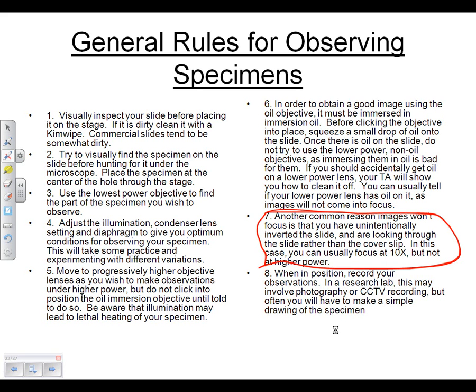So the other thing that we will have in lab this week, and every week, is cameras, and you can take pictures of everything you see in the microscope. That doesn't, however, mean that you don't still have to actually draw everything that it says to draw. Keep in mind when it says observe, you need to draw it, and you can, if you want, take a picture